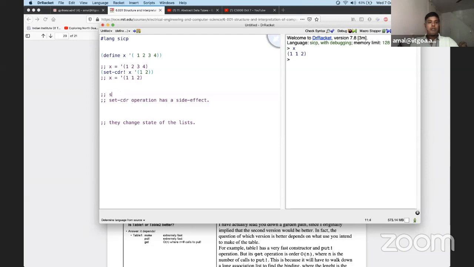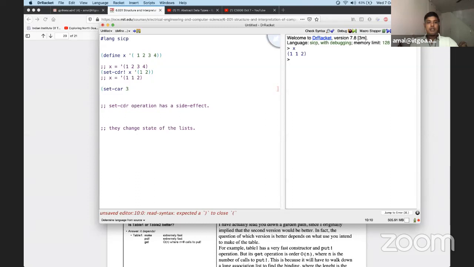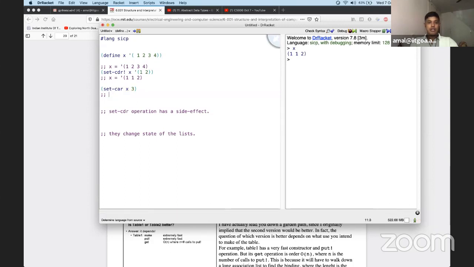Color, yeah, the operation has side effects: set color and set char. Similarly, if I put set char of 3x and 3, what will happen is that the current list x is actually